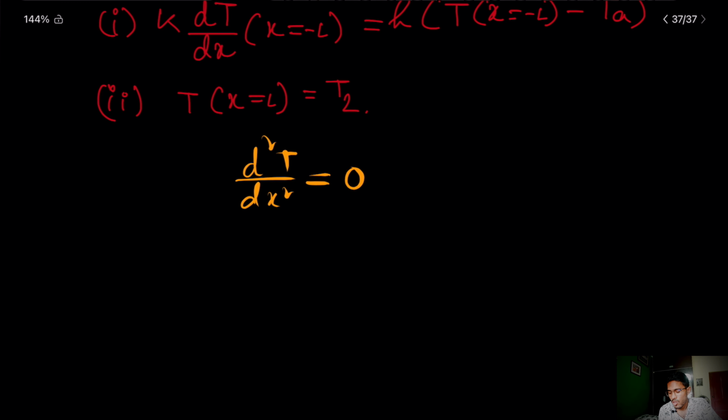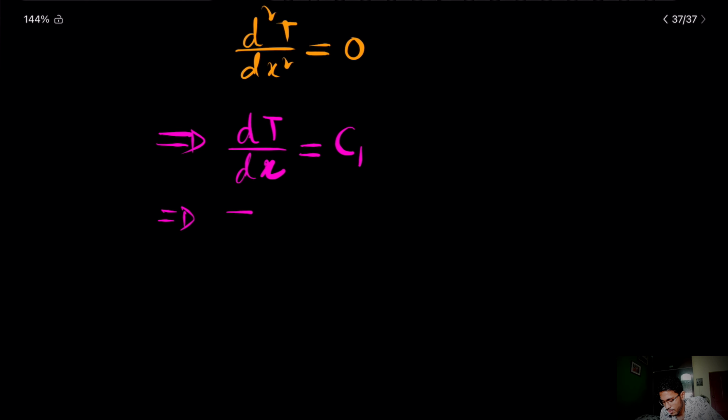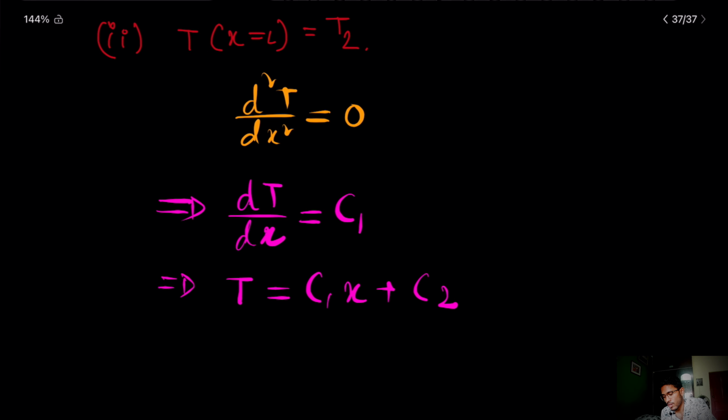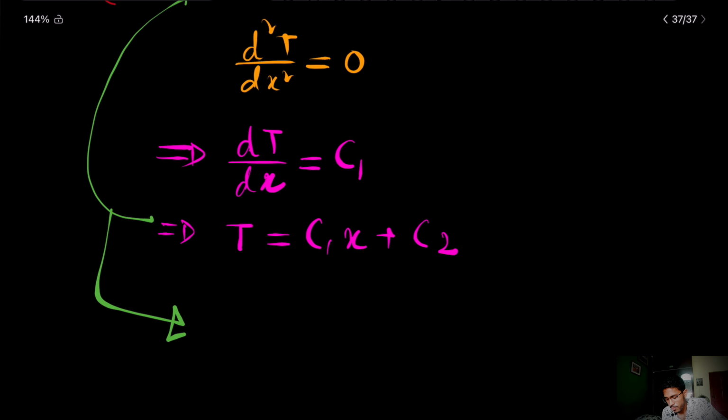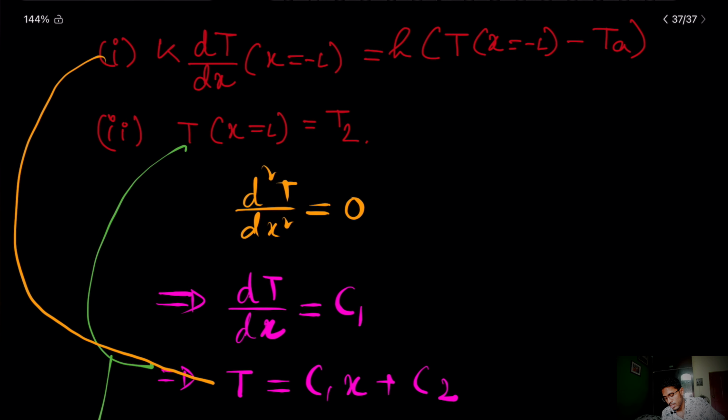Okay, so now let us solve it. So this will be a constant and this will be c1x plus c2. Now using the second boundary condition, that is from this 2, we will get T2 is equal to c1L plus c2. And from these two equations, this and this, we will get